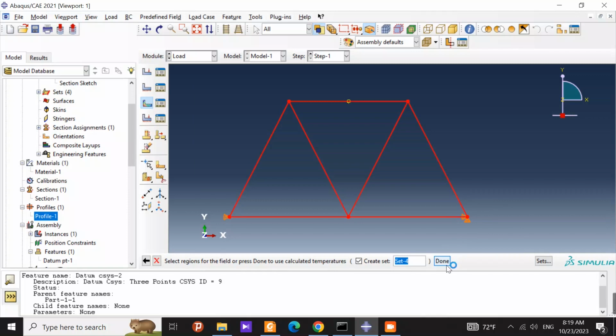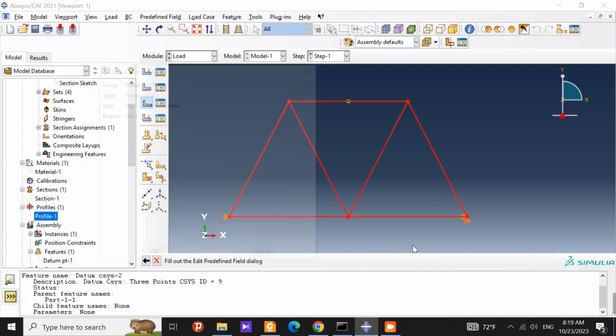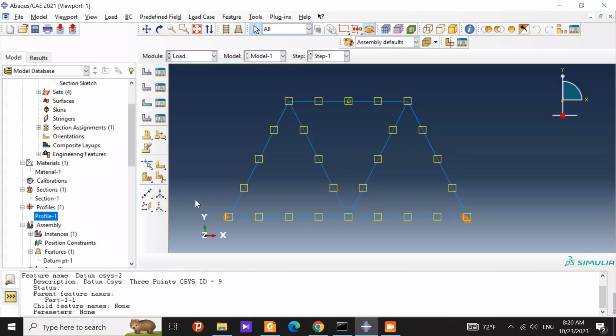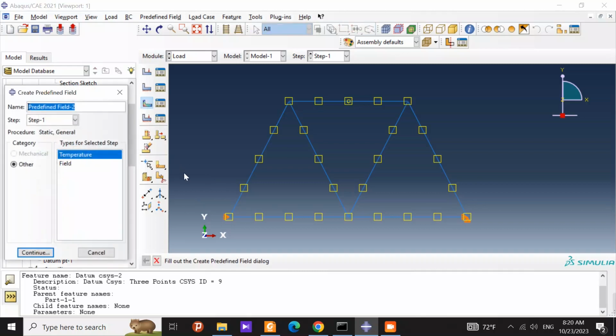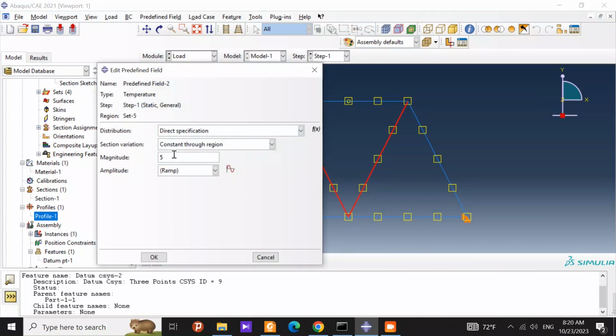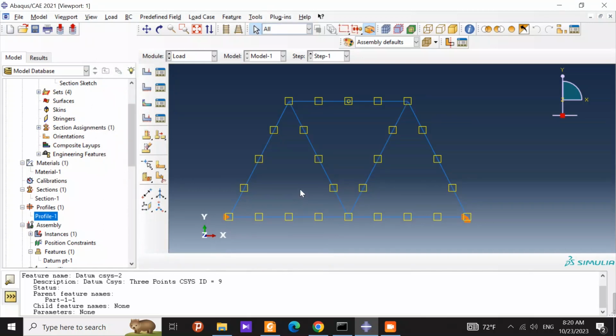I select all the elements here, and I suppose that my temperature in initial condition is 0, and again I choose temperature from here, and I choose this element here and this one, and enter value of 50. Okay, we are done here,